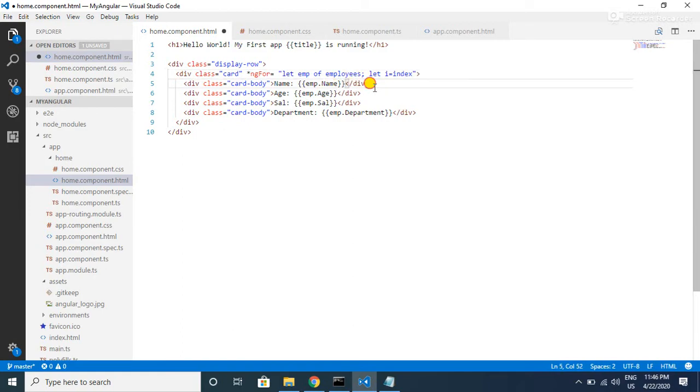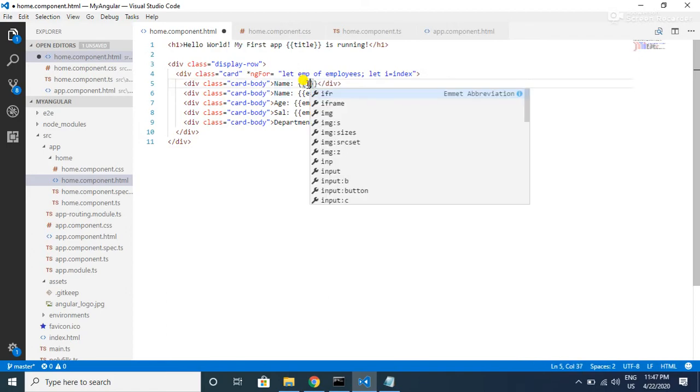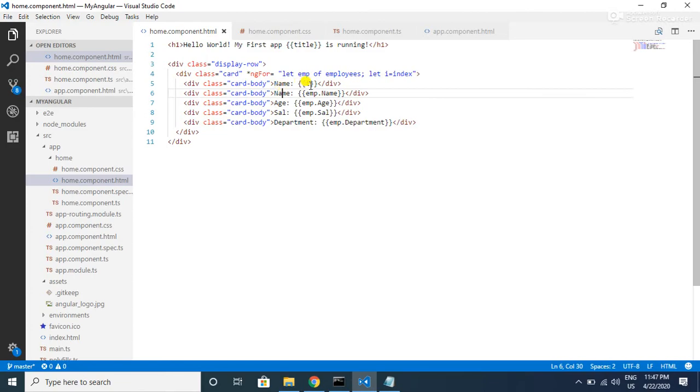And to display this, similar to this interpolation, we can use the same syntax, where instead of emp, we can simply use i, and as it is a zero-based index, we will have a 0 for the first iteration and so on.